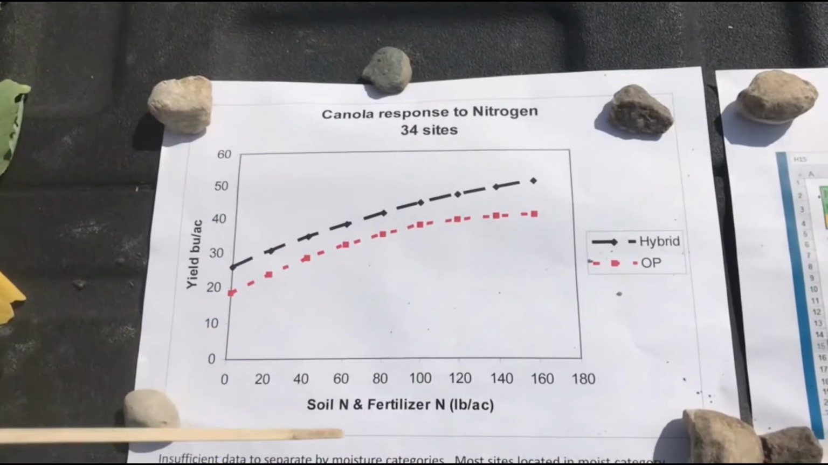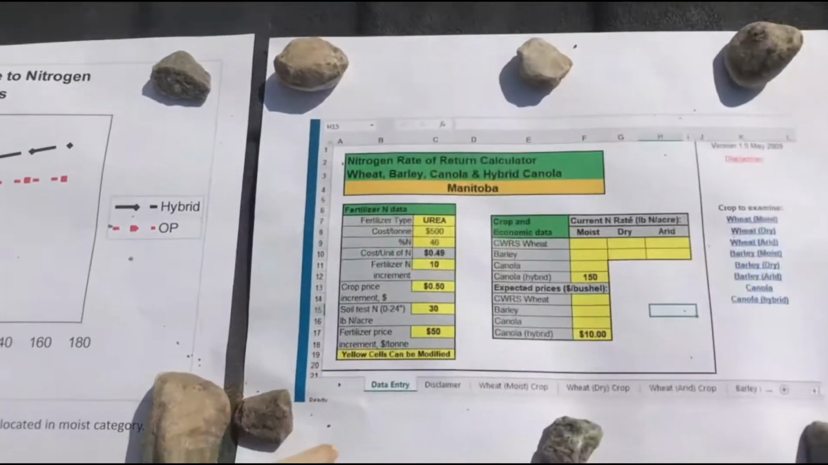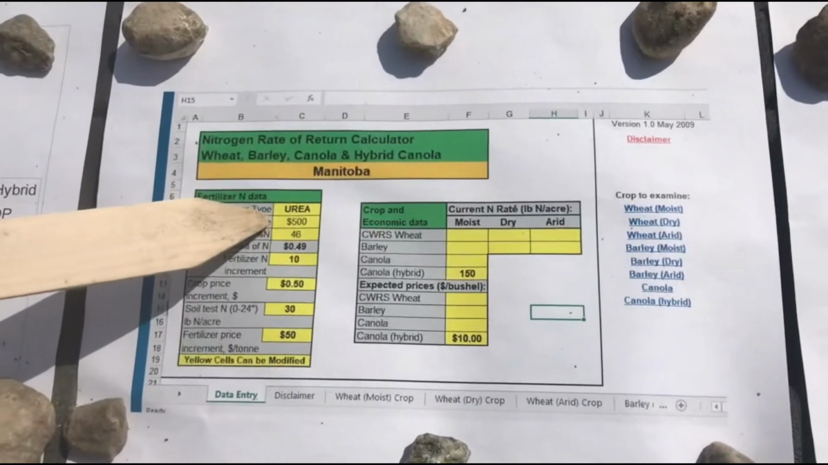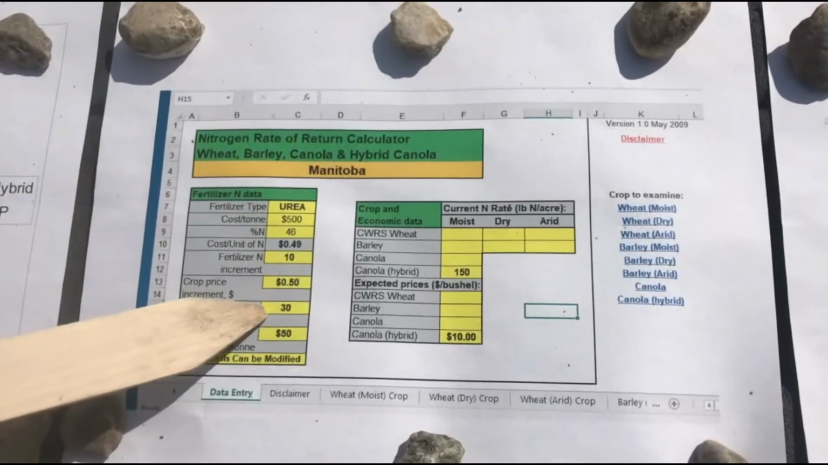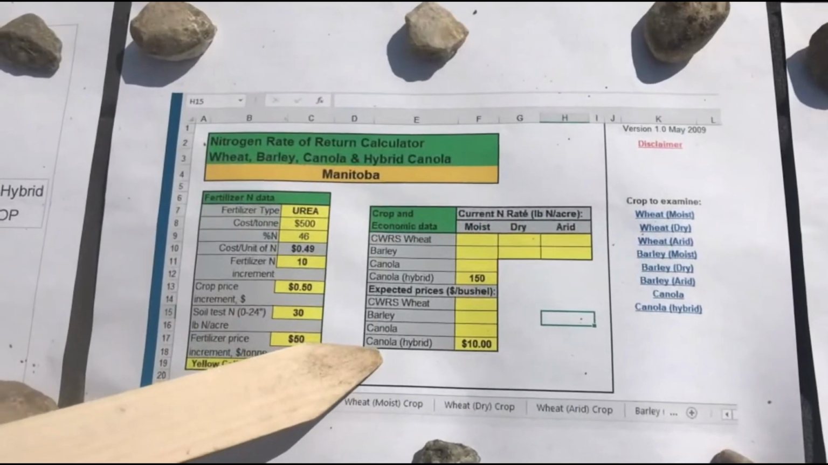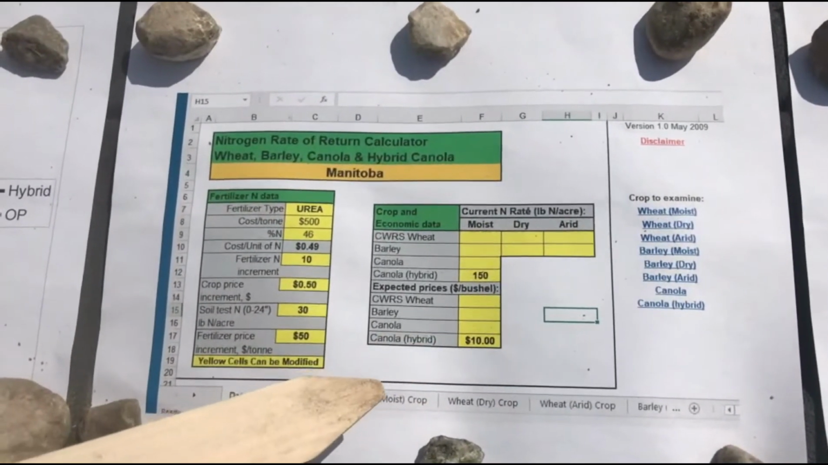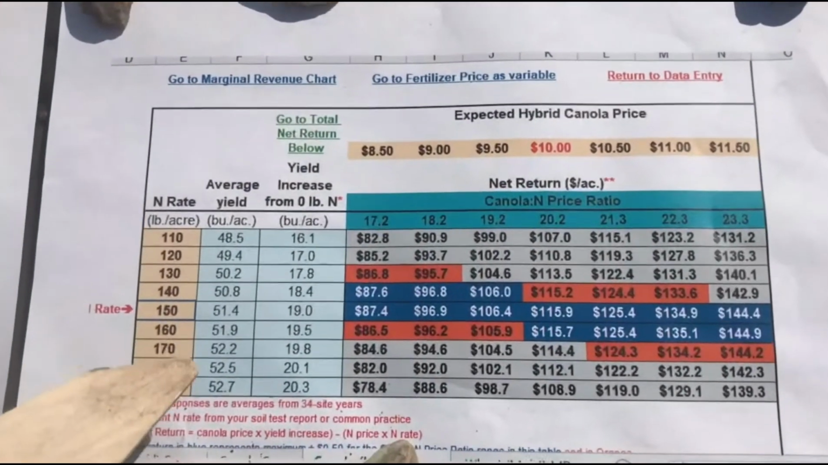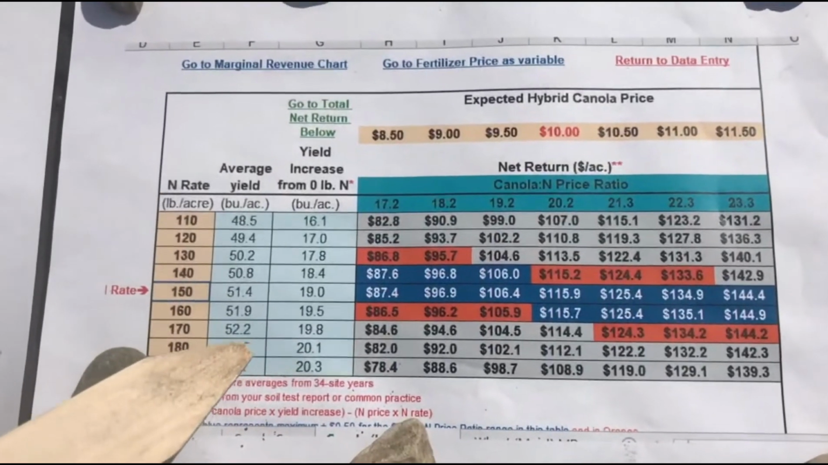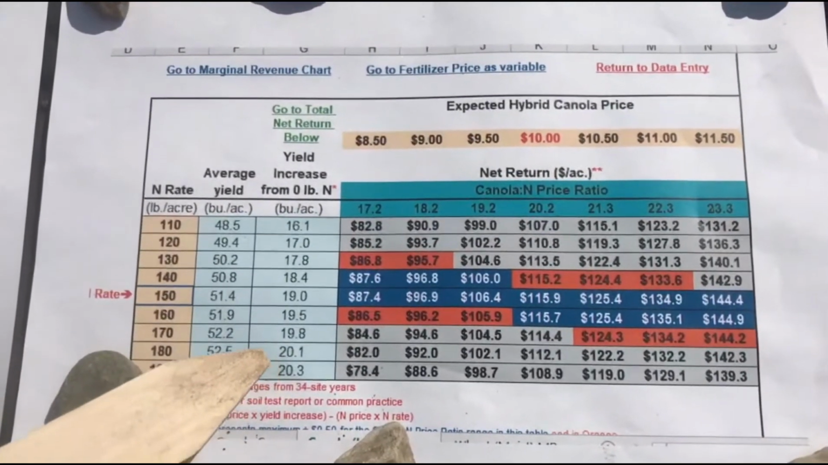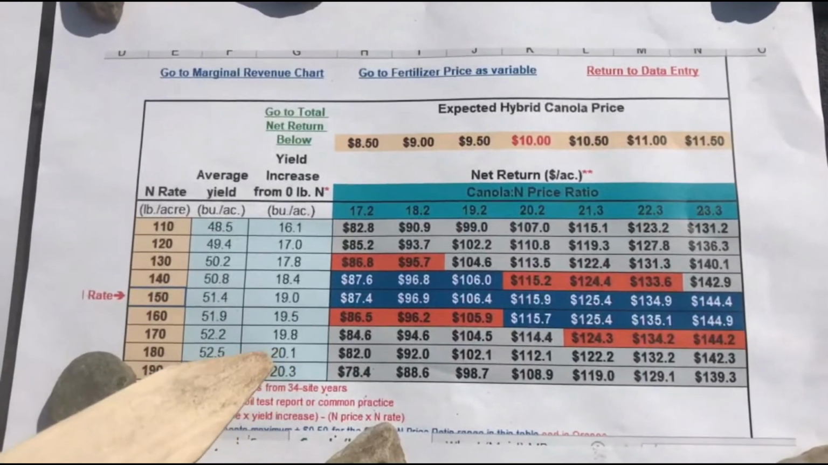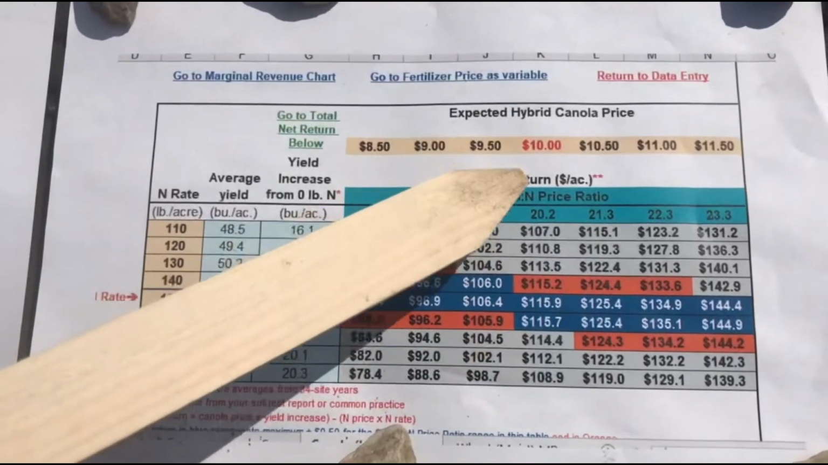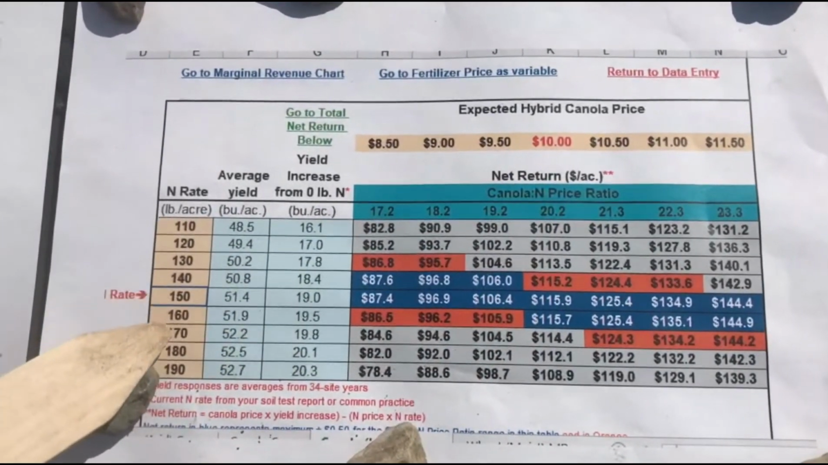Where we've gone with this, we can use this data in the next slide here in an Excel calculator where we input the fertilizer type and the cost, the soil test nitrogen, and then down here the canola price. And what that allows us to do in Excel is actually calculate the optimum nitrogen rate to give the greatest return to the farmer, where the last dollar spent on nitrogen gives a dollar of canola. It's in the blue here, so at $10 a bushel canola, it ends up being somewhere between 150 and 160